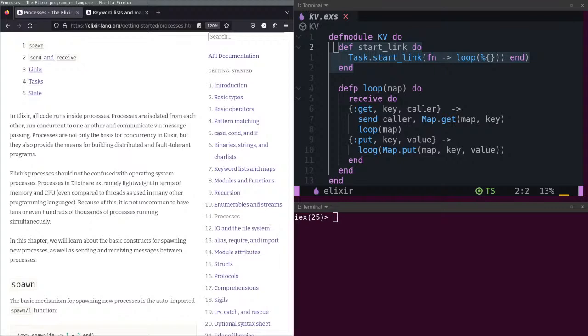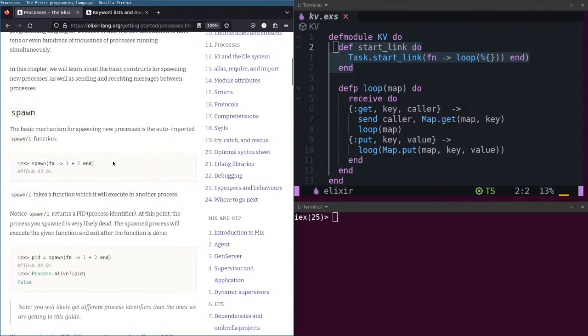In this chapter, we will learn about the basic constructs for spawning new processes, as well as sending and receiving messages between processes. Spawning new processes. The basic mechanism for spawning new processes is the auto-imported spawn function.